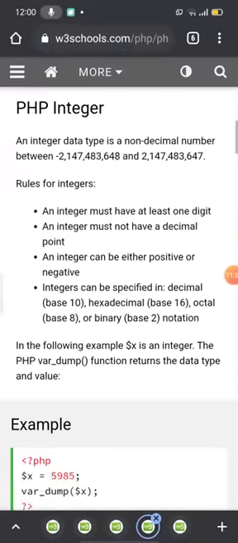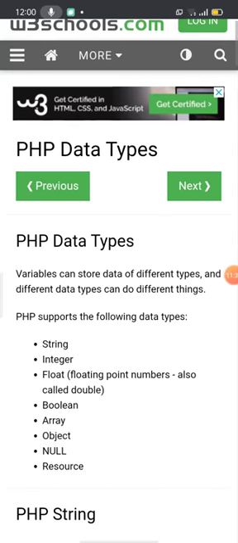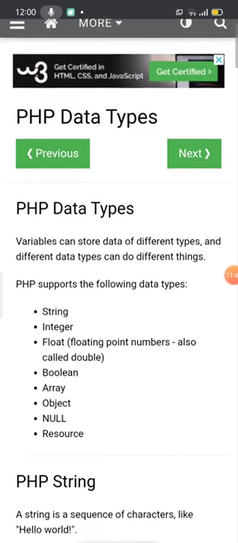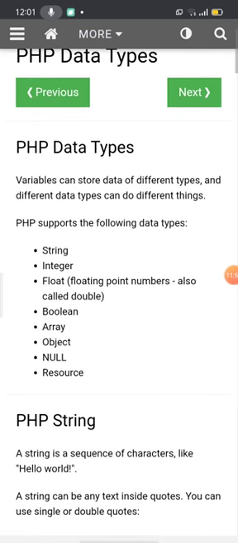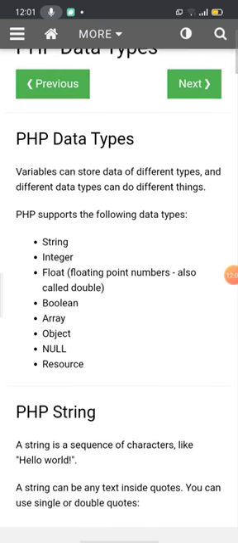So what you have learned today is PHP data types. In PHP data types we have dealt with variables, which can store different types of data. There are different types of data in our programming language, which we store with some space. To accommodate it in a perfect space, we use data types. There are different data types.